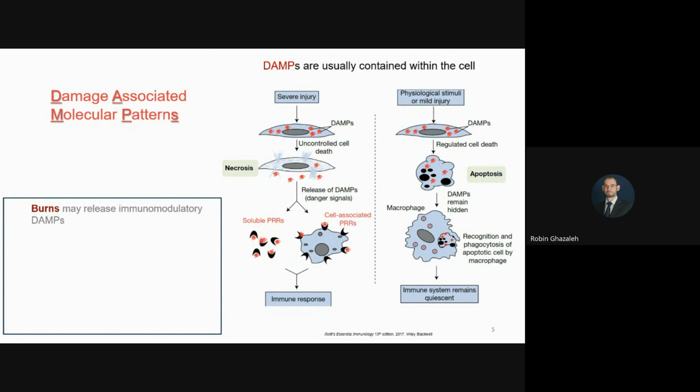By the way, they may be soluble. That's a new concept I didn't introduce before. Before, I showed them as associated with the plasma membrane. We will see a little bit later that in addition, these receptors can actually be intracellular as well. And the reason for that will be clear when we look at that. So regardless of where they are, these pathogen recognition receptors are able to recognize pathogen-associated molecular patterns, and then give a cytokine response, which is going to stimulate the immune system,